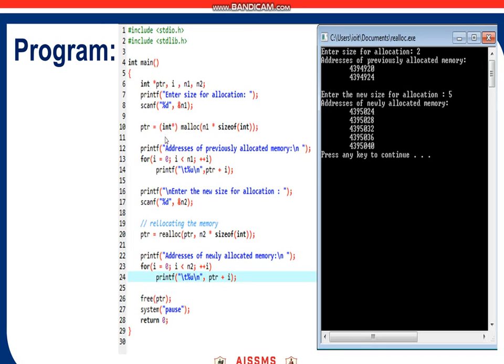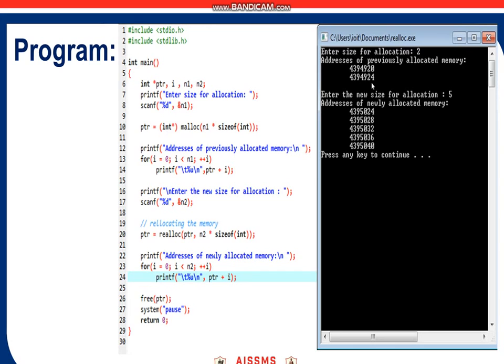Then we allocate that size by using malloc as ptr = (int*) malloc(n * sizeof(int)). After that we print the address of previously allocated memory using %u.